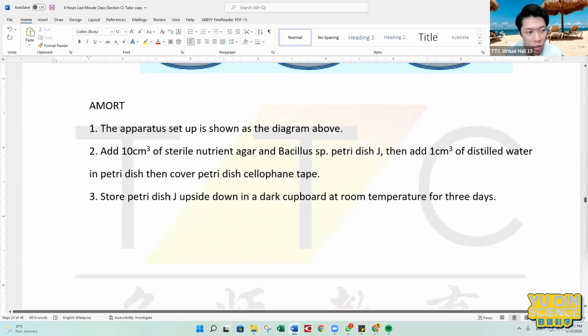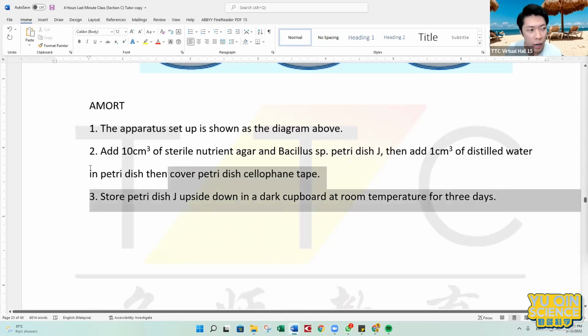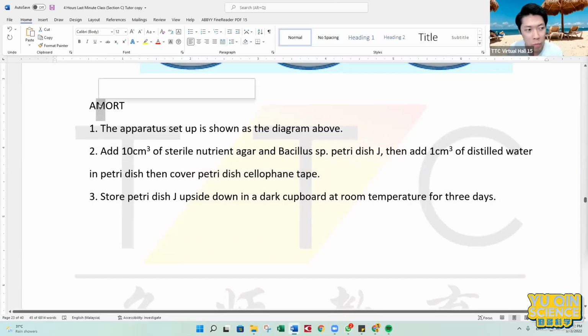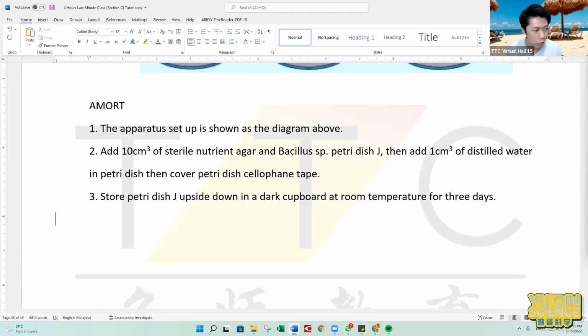Then number 3, store petri dish J upside down in a dark cupboard at room temperature for 3 days. I call this M, that's the 2 and 3, because it's a bit long, therefore I separate it. Okay, that represents my manipulated variable because I talk about distilled water. Okay, so number 4, if you follow the sequence,